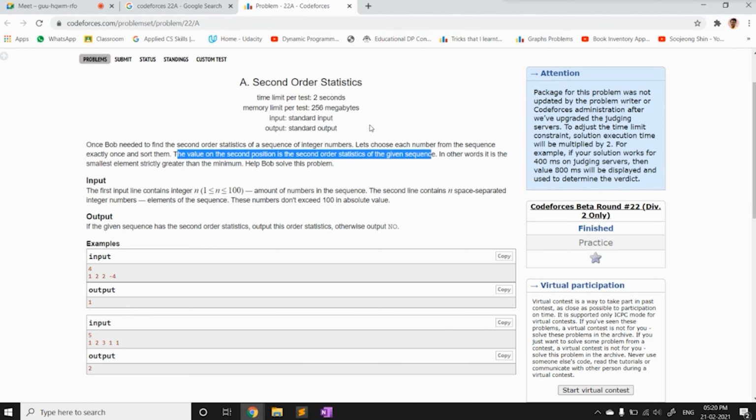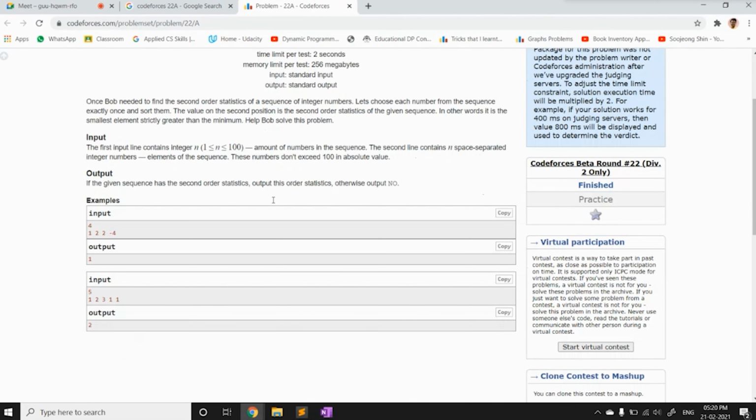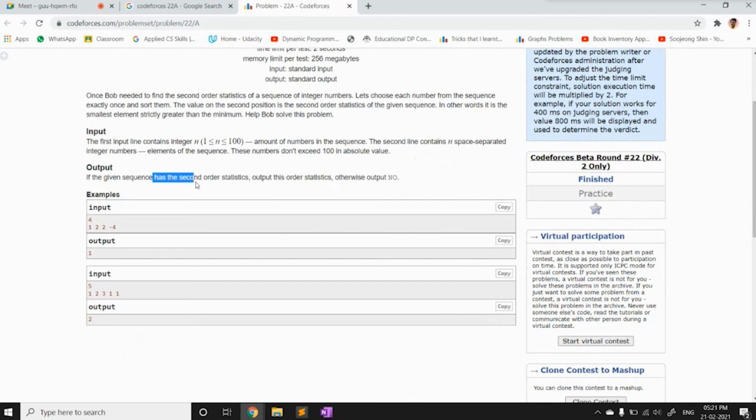No need to worry about that, they are just asking for the value that is occurring on the second position. And if the given sequence has second order statistics, output this order statistics, otherwise output no. So if we have only one unique element in our array, we have to print no.